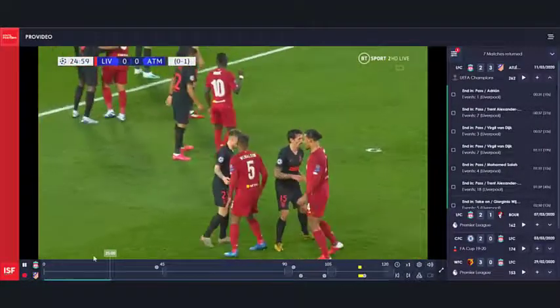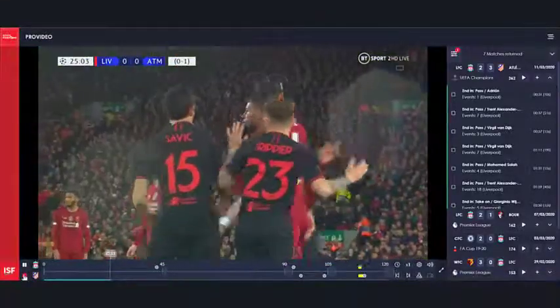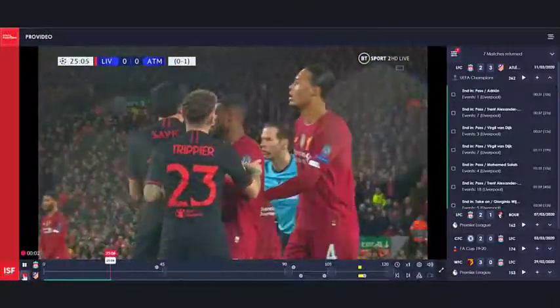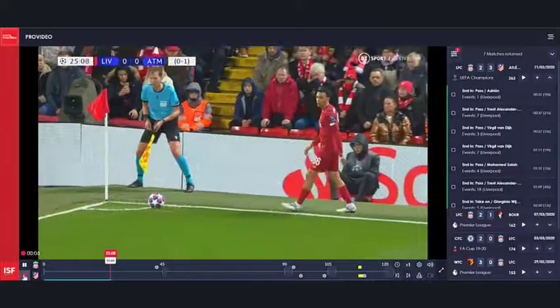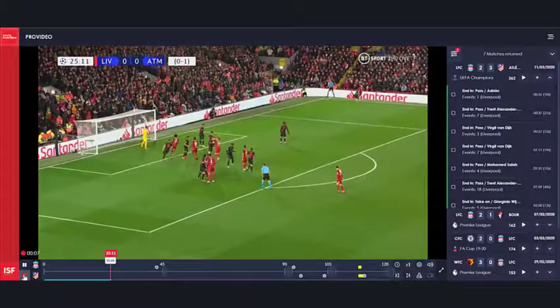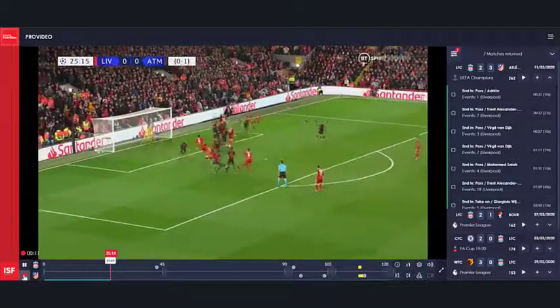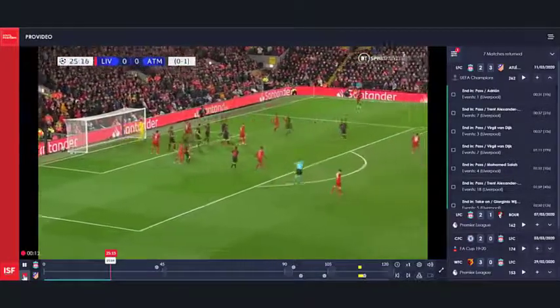You can skip to that, and then you can click on the record button in the bottom left hand corner to start recording your clip. And then you click on the stop button